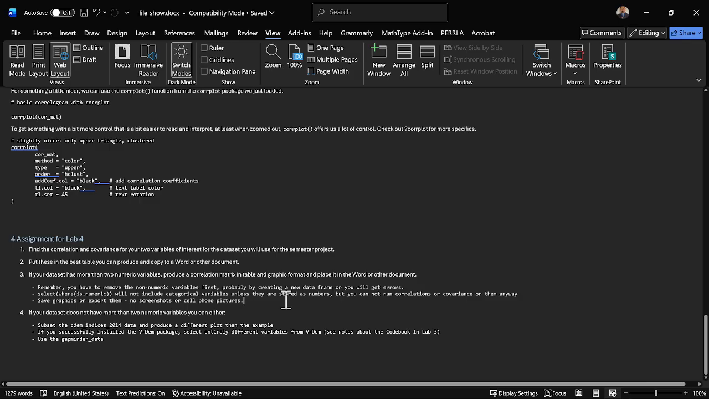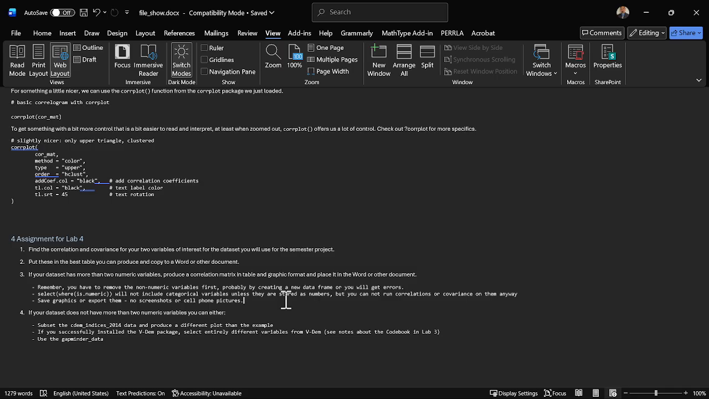Last thing on this, save the graphics or export them. And I guess this goes for the tables too. No screenshots, no cell phone pictures. These need to actually be properly taken out, exported or saved, and put into a document. And it needs to be one document. If I get 5 pictures and 2 text documents with tables